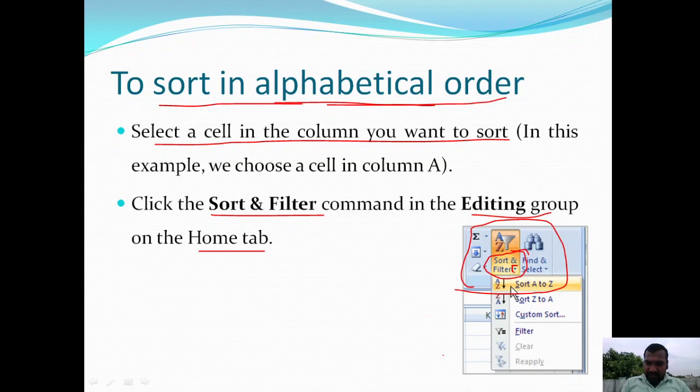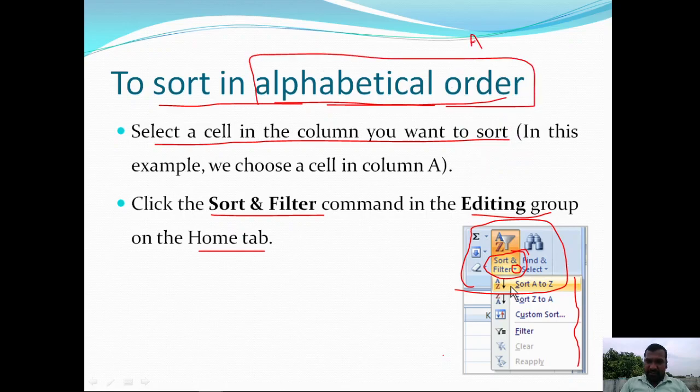After choosing the Sort and Filter drop-down button, a list will be displayed: Sort A to Z, Sort Z to A, Custom Sort, Filter, Clear, and Reapply. These are the several options available under Sort and Filter. Now we are talking about alphabetical ordering, which may be ascending order A to Z or descending order Z to A. These options are directly available, as you can observe in the image.